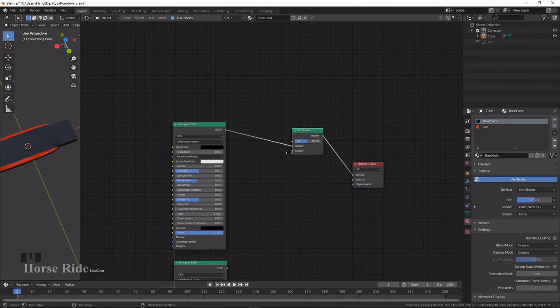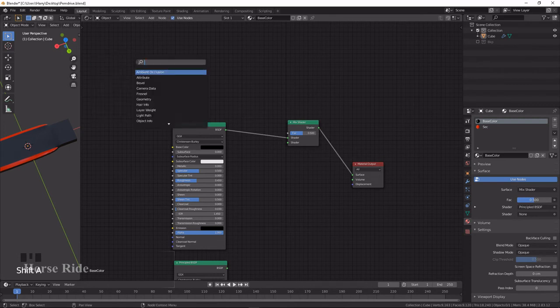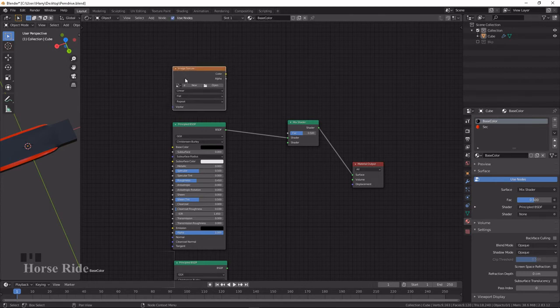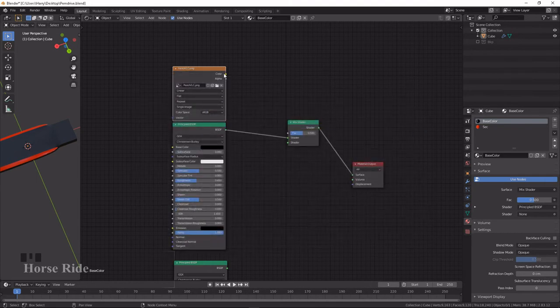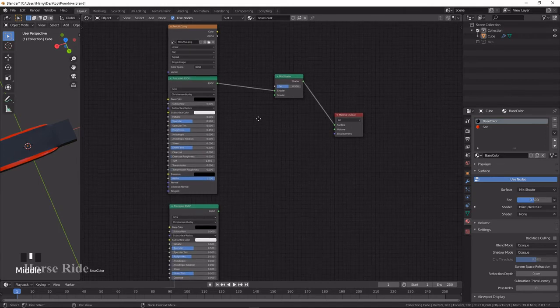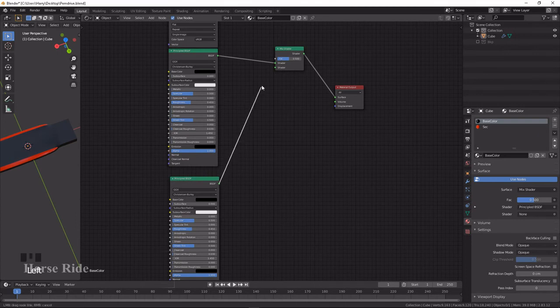So when you drag it and put the nodes, it will automatically connect, so let it be, no problem. Press Shift A and search for Image Texture, which is required for us, select that one and press open. Where we have saved pictures, I'm going to select the colored one, and I am going to select this factor. Before that, I will guide you on one thing. Now you can see that I have selected the shader.